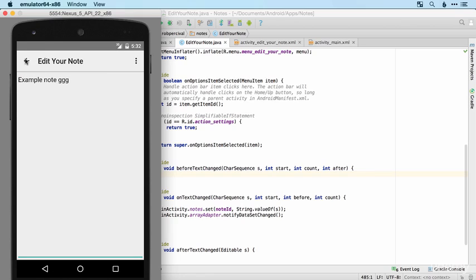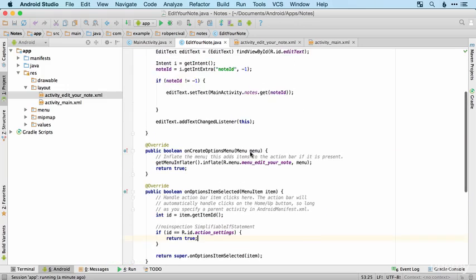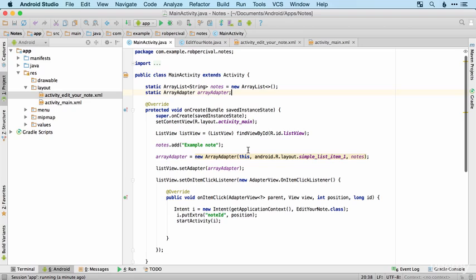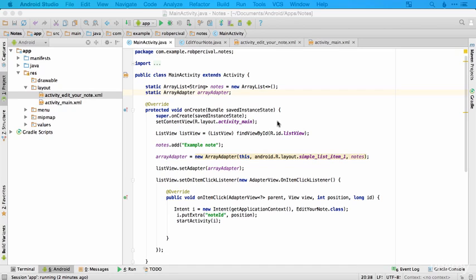Fantastic. So we've got our note saving system all in place. The main issue is that these notes, of course, will not be saved permanently. So let's fix that, and also fix the creation of example notes every time we jump on the main activity. So let's start by